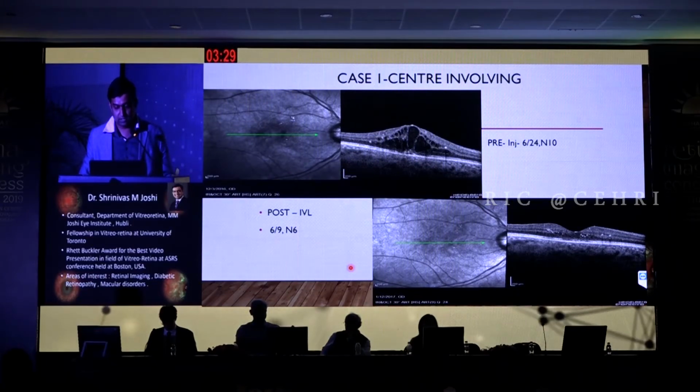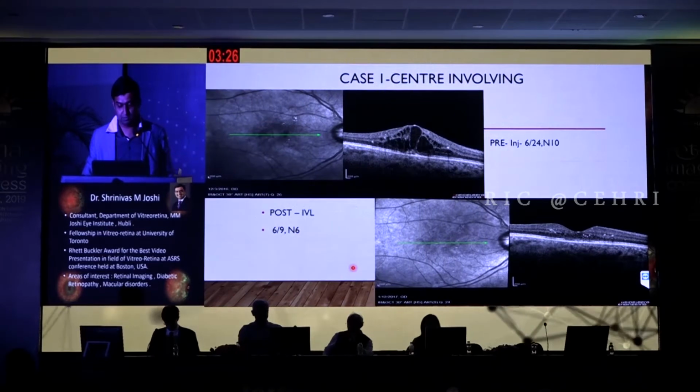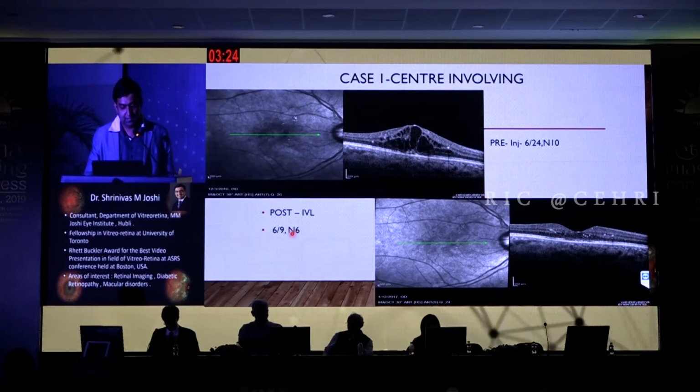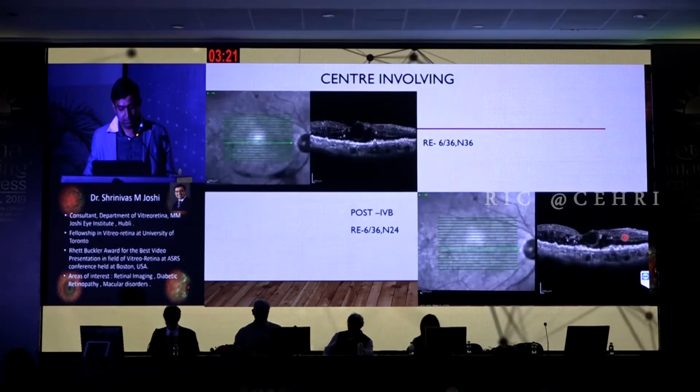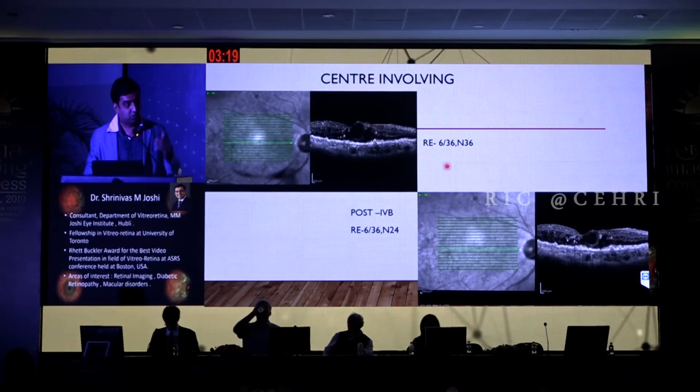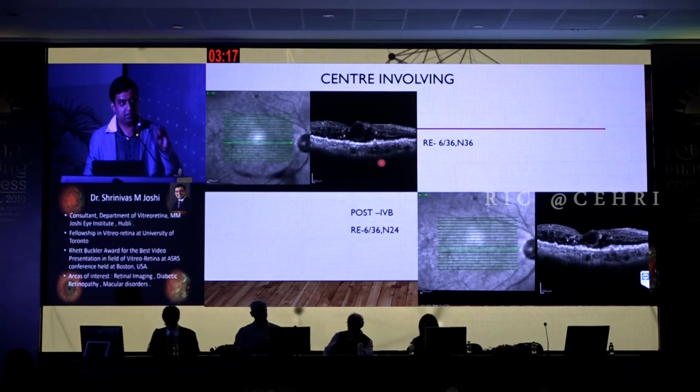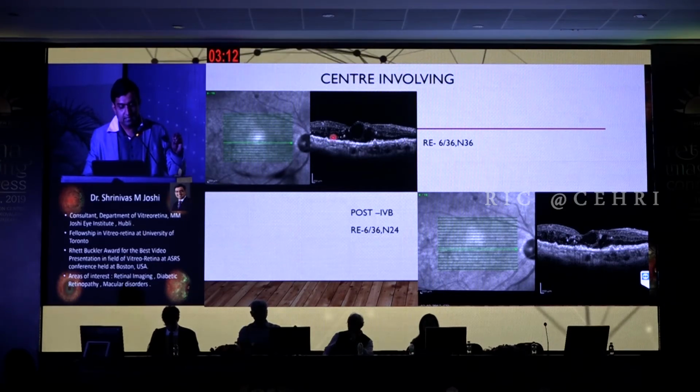In this case with central foveal large cystoid spaces, pre-injection the patient's vision was 6/24, and post-injection it improved to 6/9 with good resolution. This is another type, what Dr. Avinash was rightly speaking on: the hyperreflectivity inside these cysts. They usually indicate some chronicity, and we also see some hyperreflective foci and hard exudates in the non-foveal area. There is a disruption of the ELM in these cases. These cases are chronic and pretty resistant to anti-VEGF, and this patient responded well with Ozurdex. However, there was only an anatomical response, not much functional response, in this case.